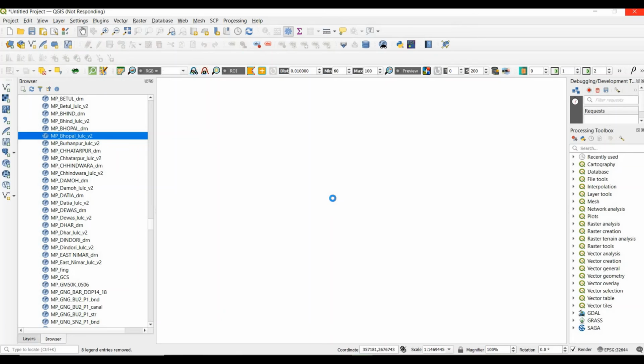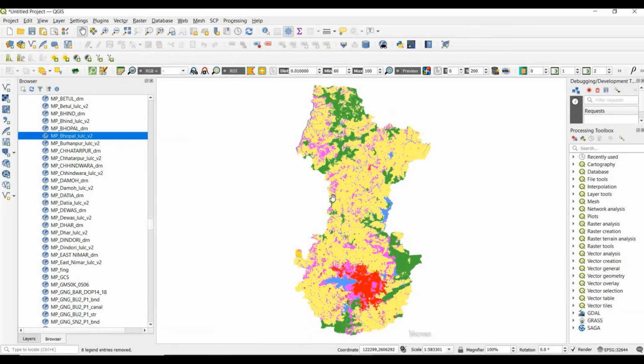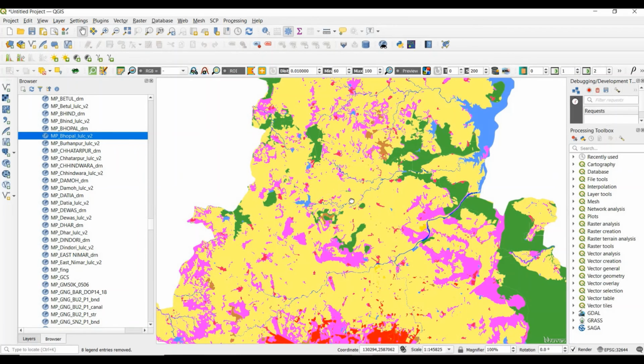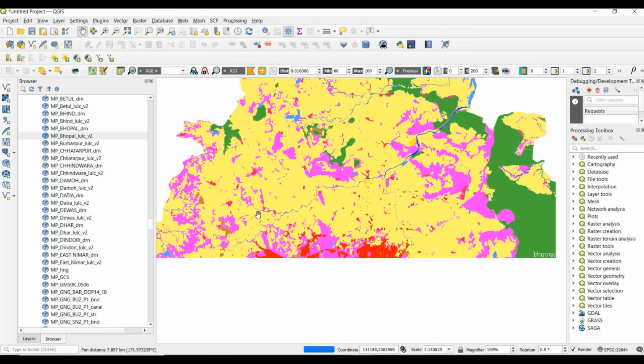It takes some time. You see, this is the LULC data of Bhopal. By scrolling our mouse, we can zoom in or zoom out in this layer.